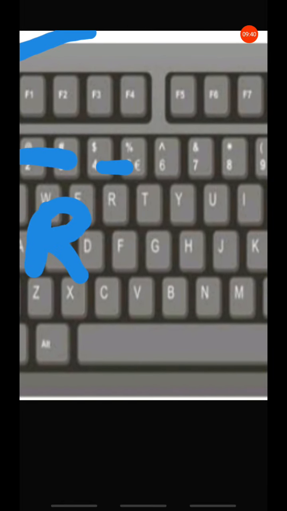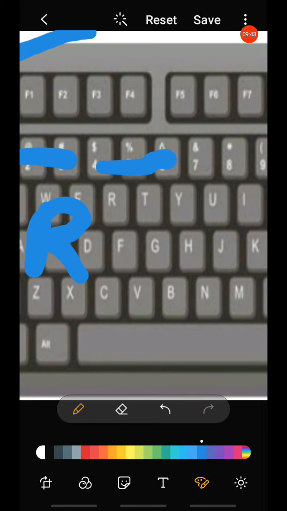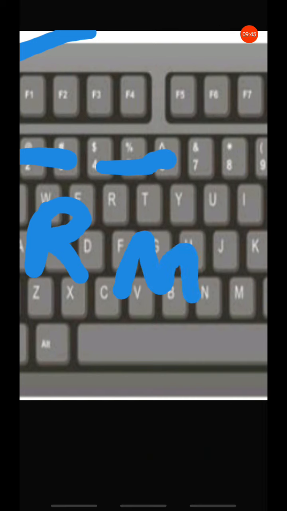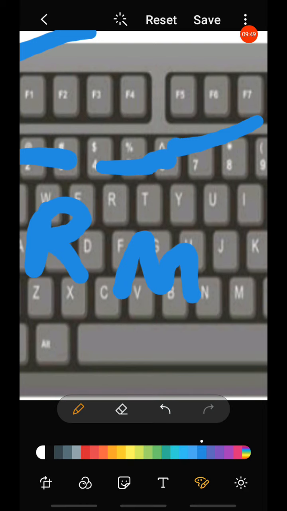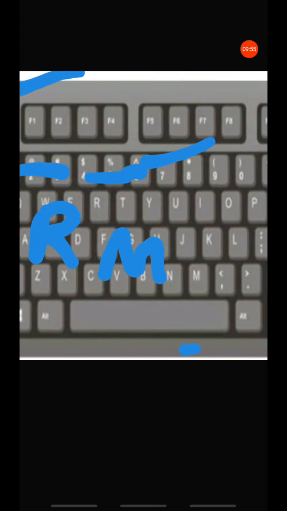Then for 4, 5, 6 we will use our middle finger. And for 7, 8, 9, 0 we will use our index finger.